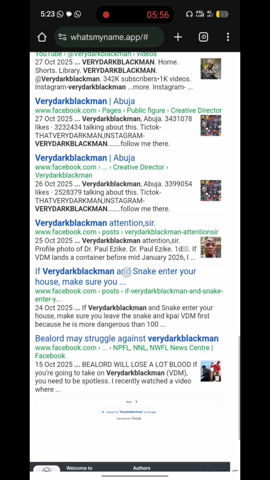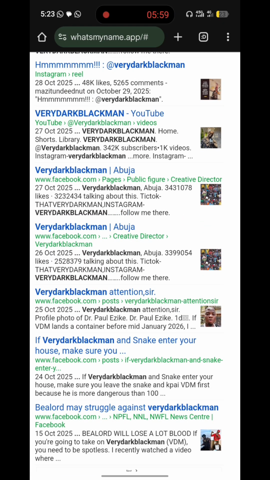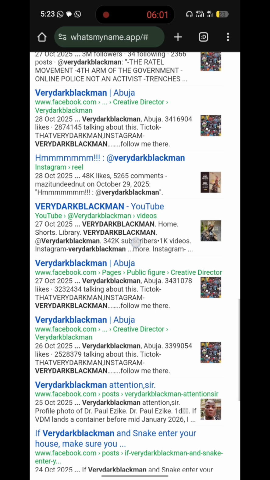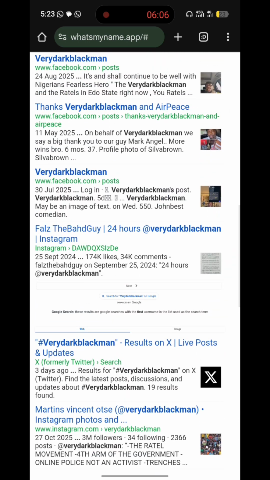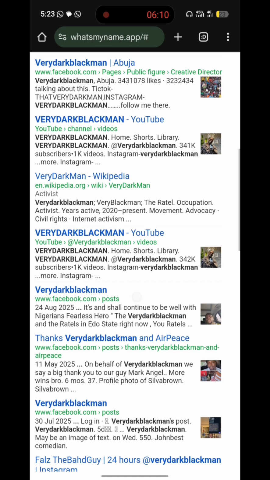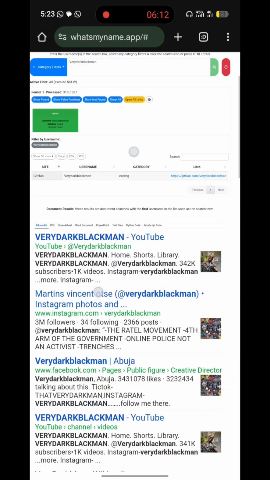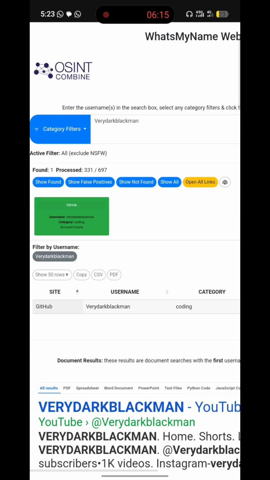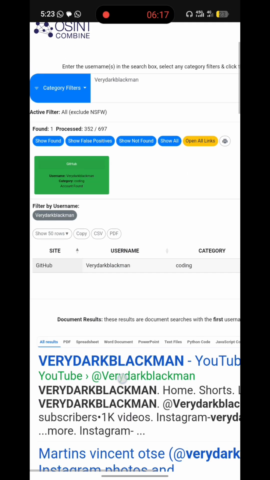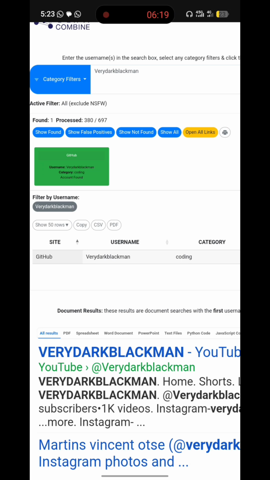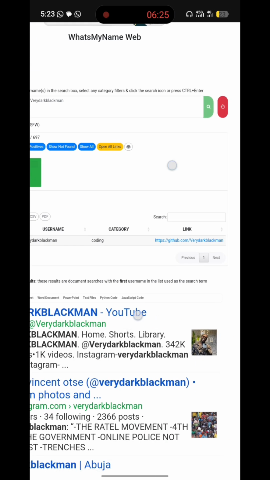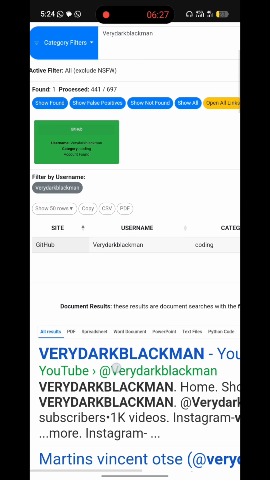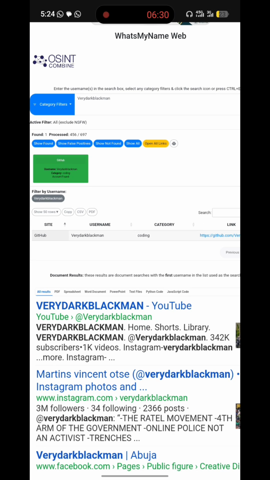This ranges from wherever the name was mentioned, posts to photos to comments to every single piece of information, down to the subject's social media accounts and pretty much all his footprints on social media. Let's just wait for it to finish scanning. You also have the link here, the GitHub.